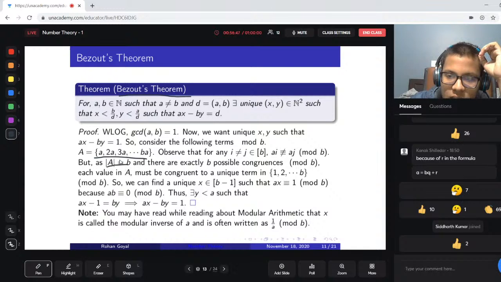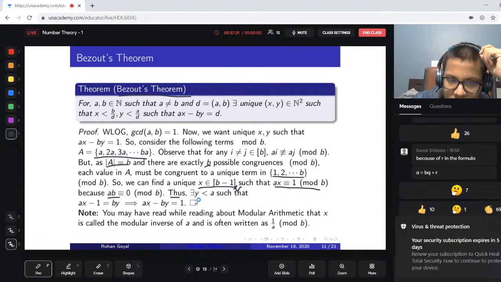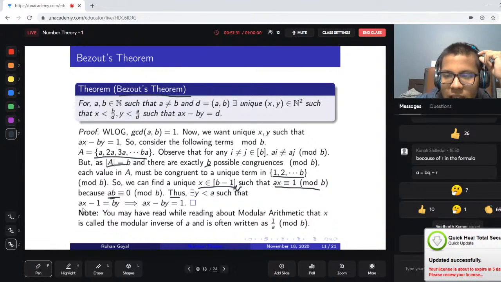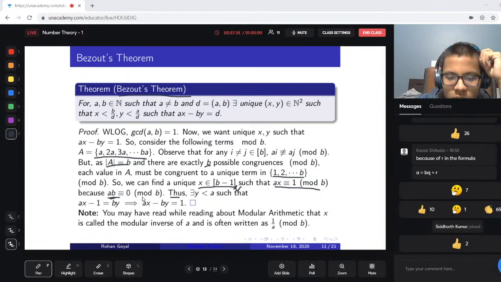But now, as the size of the set A is equal to B and there are B possible congruences mod B, each value in A must correspond to a unique term in 1 to B. So we can find a unique X in this set, 1 to B minus 1, such that AX is congruent to 1 mod B. We don't really have the case where the number B is also there, because AB is congruent to 0 mod B. So we have found AX minus 1 equals BY, and Y is obviously less than A, otherwise this won't be true. So we get,